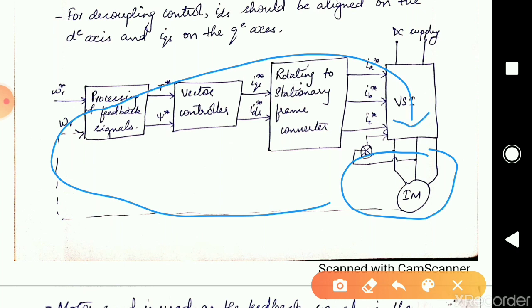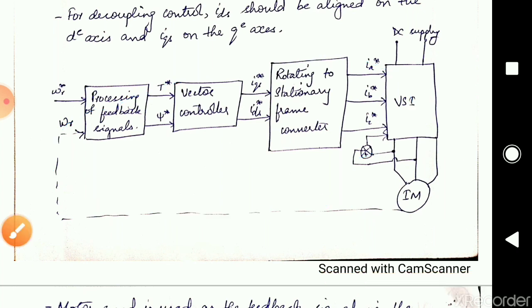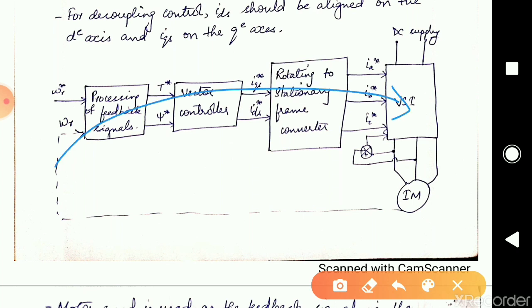That is, presently if my machine is running at 1000 RPM, after 10 seconds I want it to run at 1500. So I already know after 10 seconds it should run at 1500. With that particular information, I will be doing the particular processing. If you feel it is complicated, you can just write that feed forward signals are being used or certain calculations are being used. Try to make the concept clear.